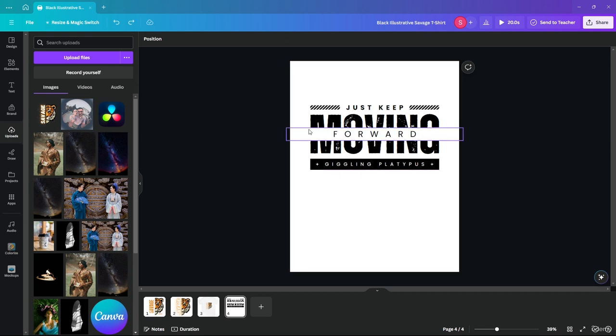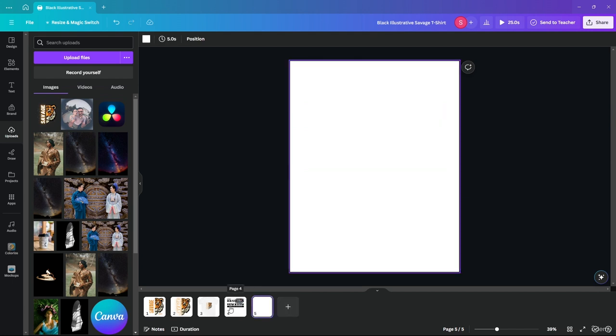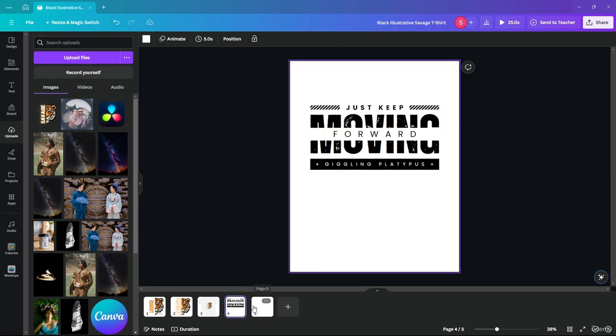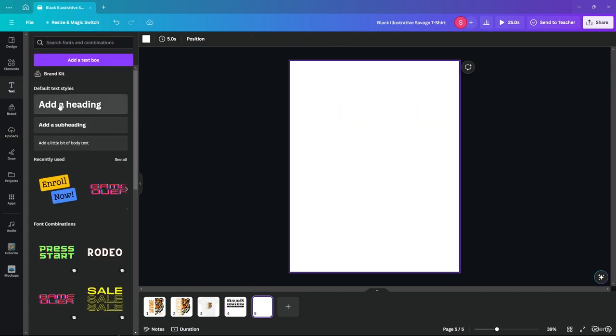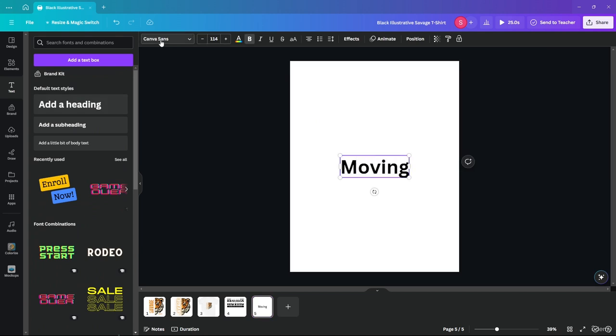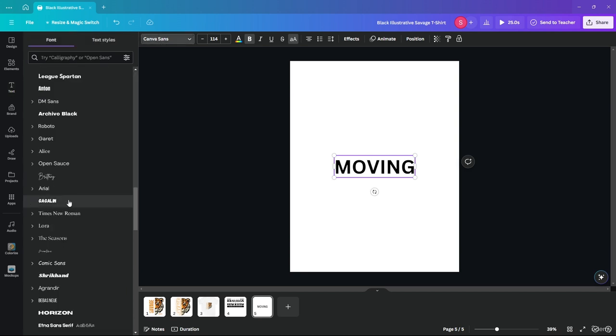So now I have a basis for a type of typography, type of t-shirt design, right? So I'm going to go ahead and try to recreate it, but in my own way. Moving forward, I'll just use the same text but different style. So first text, heading, moving, everything I'm going to put as capital. Then